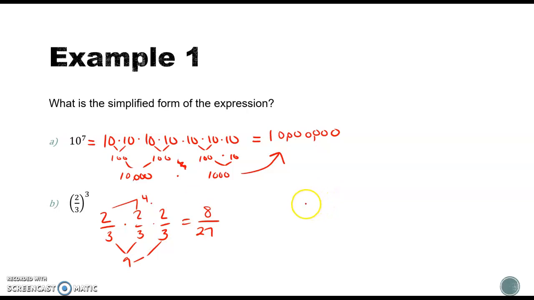The other way you can do that, and we're going to get more into this when we talk about exponents, but more specifically about exponent properties, is we can distribute that exponent. And so 2/3 to the 3rd power would become 2 cubed over 3 cubed, 2 cubed being 8, and 3 cubed being 27. It's the same thing, but that's the easy way to do fractional exponents. And that's